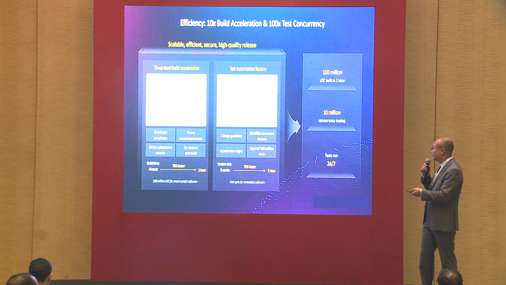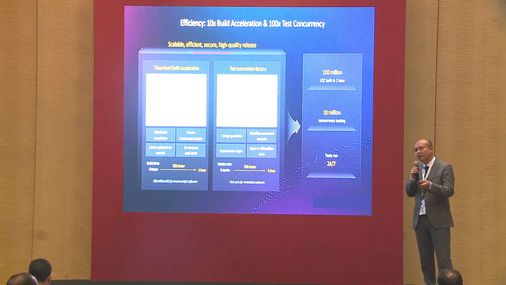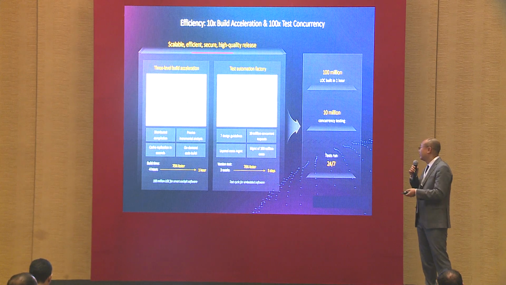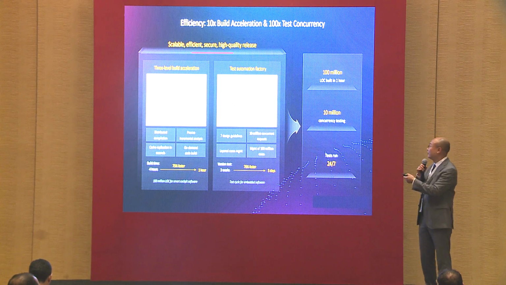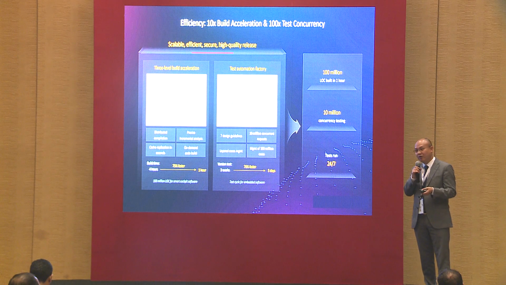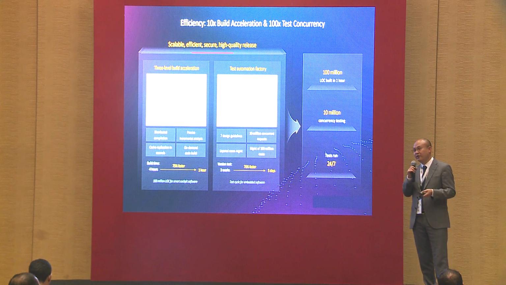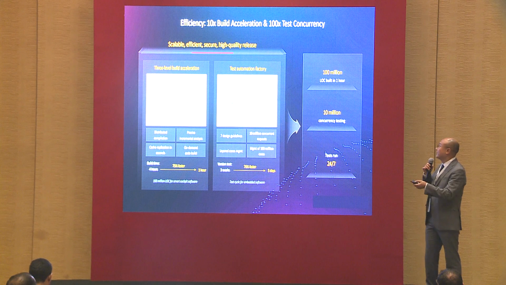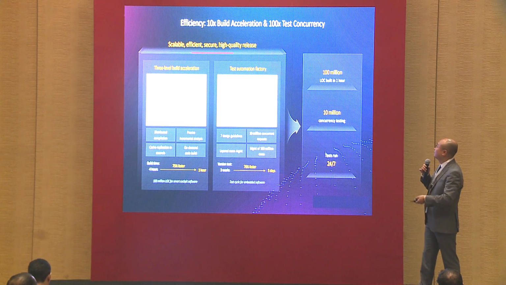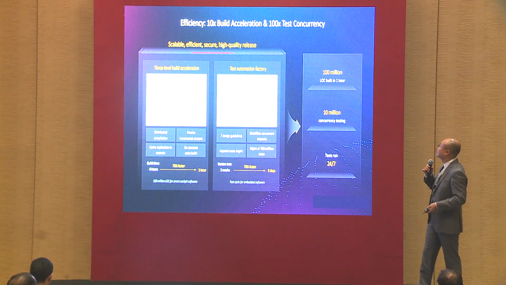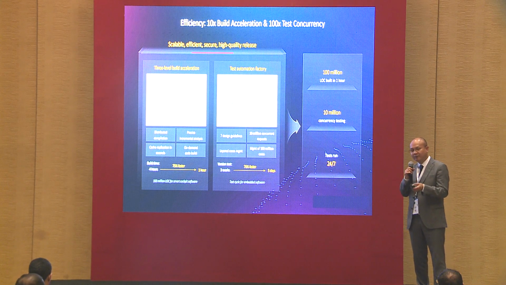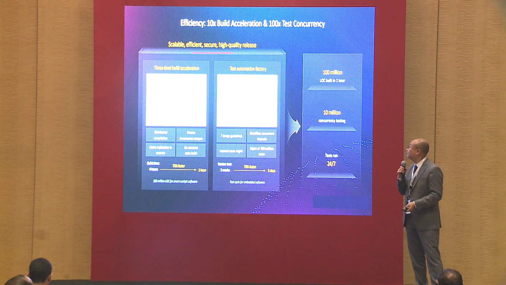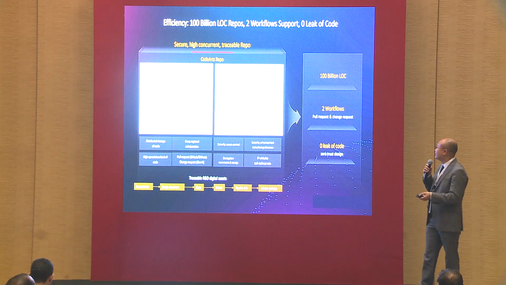And also for this test automation, it can work automatically 24 hours a day, 7 days a week. So the test engineer needs rest. But the test automation factory can work the whole week, the whole year. So that's why, based on this 10 times build and 100 times test concurrency, it can increase your software development process. And the second efficiency is about the